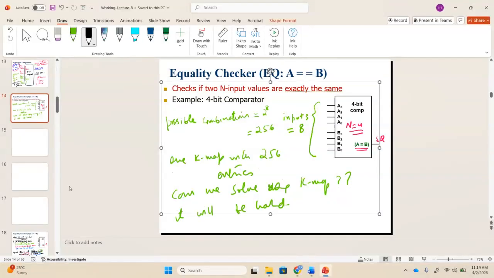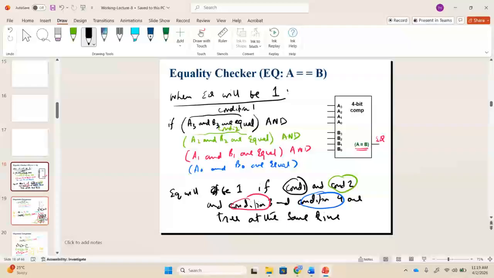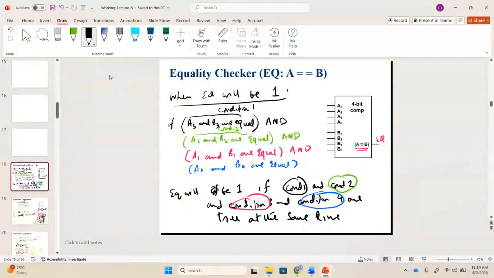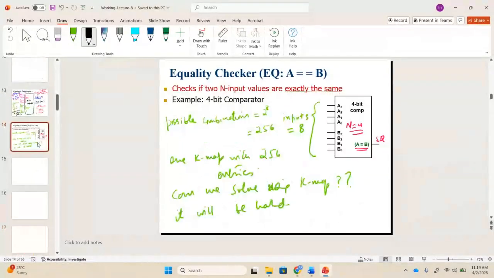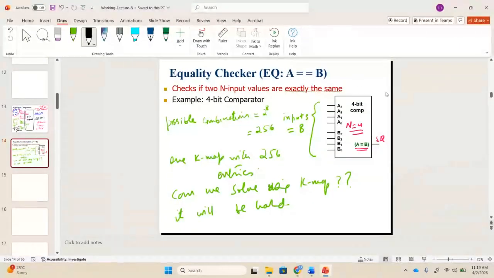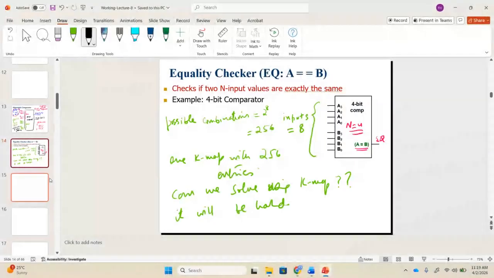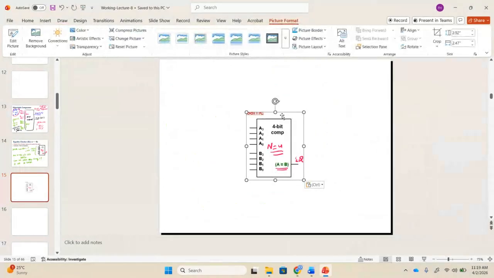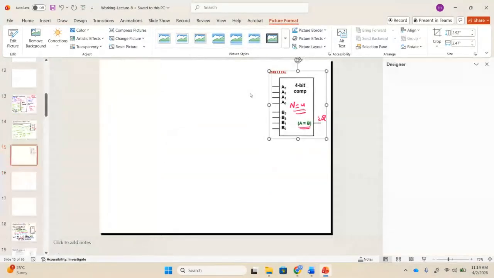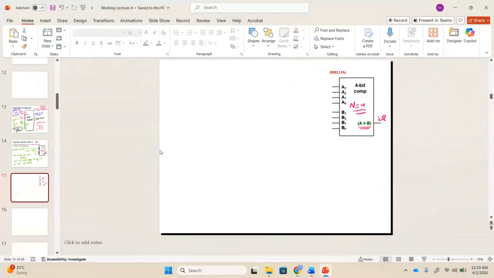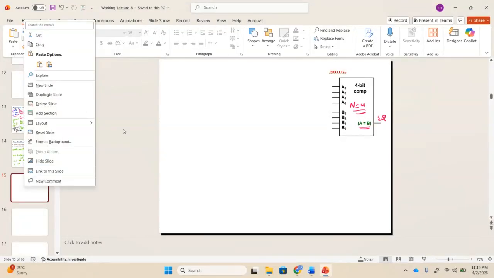So now we want to have an equality checker. Can you see here what I'm going to do? I'm going to copy this. I'm taking a screenshot of this. Any question? Okay, now I'm going to take a screenshot of this. And then what I'm going to do, so we can say,